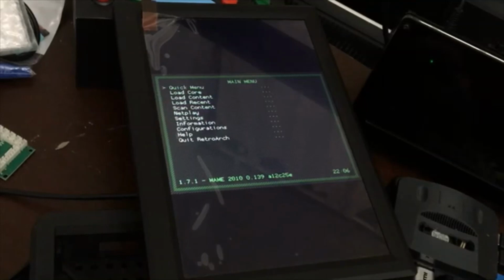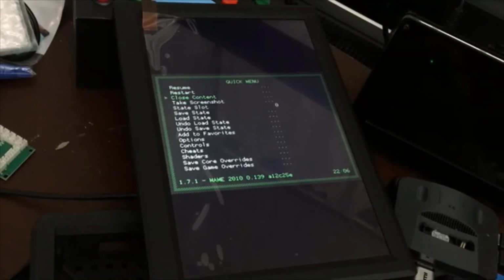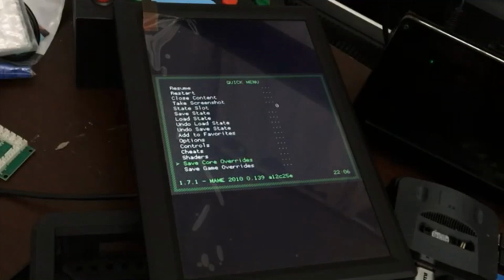I'm gonna get out. I'm gonna go back to quick menu, and then I'm going to go down to the bottom, say save. And I'm gonna also save it here too. Okay, so that means anytime I choose 2010, I will have a split screen automatically. But